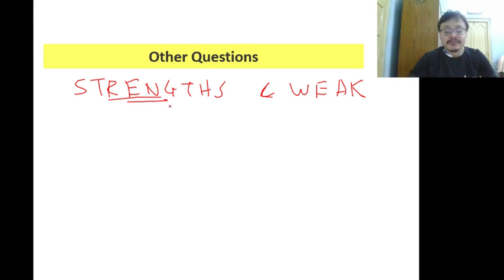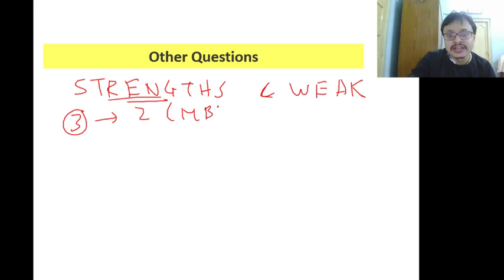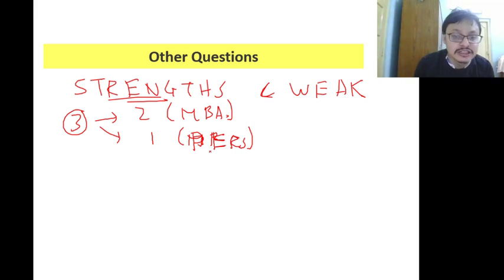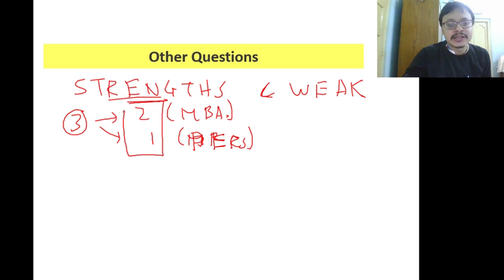So strengths: make sure to talk about a few strengths of yours, and if you're mentioning 3 of them, at least 2 of them are relevant skills for an MBA and 1 could be at a personal level. So 1 can be personal, the other 2 are very relevant skills which are also relevant for your MBA, and the three of them are also areas on which you would want the interviewer to ask you a lot of questions.